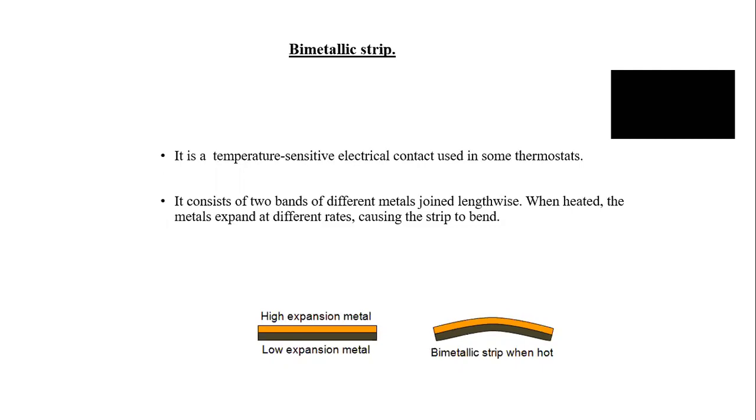We discussed in our last session that all materials expand at different rates, meaning at different times and at different temperatures. If we combine two metals of different coefficient of thermal expansion, so they will expand at different times and at different temperatures. So you can see in the diagram that one metal expands greater than the other. So the strip bends. In this diagram, you can easily see that one material expands more than the other. This strip is known as the bimetallic strip.